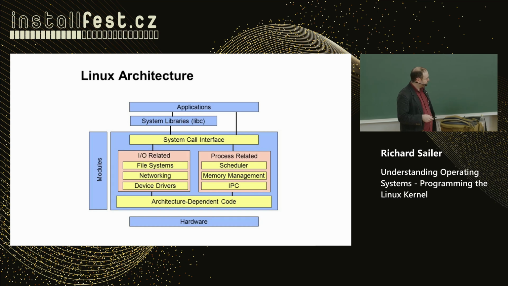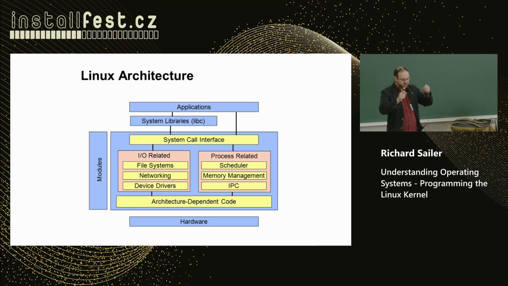But that's not all the code you need. A lot of the code you actually need is in the kernel modules that are dynamically loaded when needed. And via this, hardware is very different, and computers are very different, and users are very different, and it would be quite complicated if you had one huge binary blob for every user. So it is more flexible to have one super small kernel and then have all the modules loaded on demand. So that's one of the reasons why we're using kernel modules heavily.